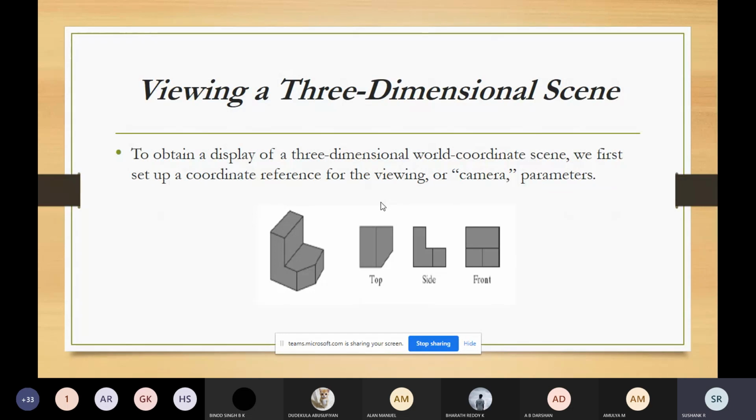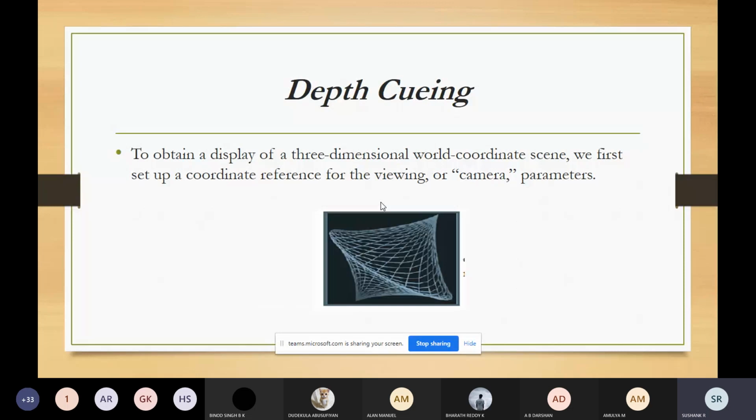So what is another method? We have another method called depth cueing. What does this mean?